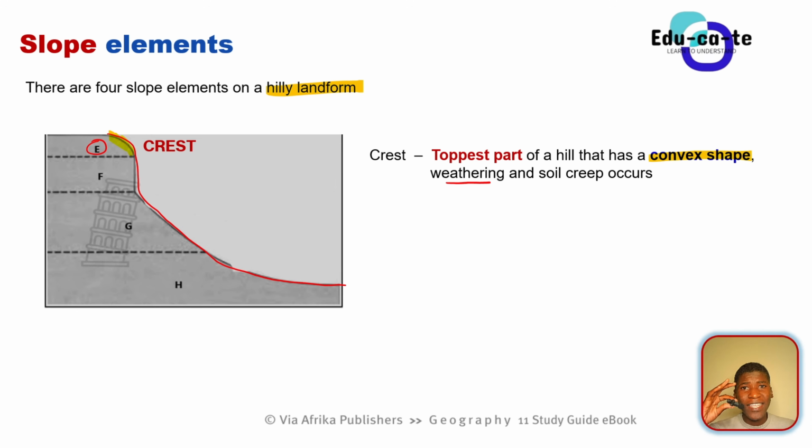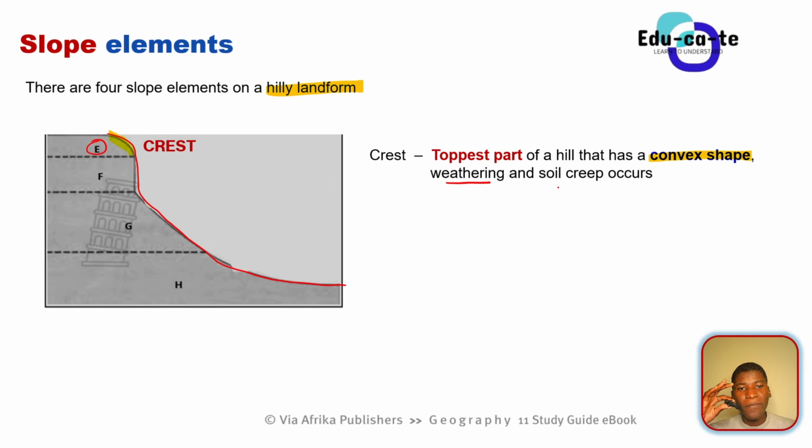Remember, with weathering, we have the breaking down of rocks. So basically the rocks are being broken down into smaller stones, in a sense. That's the simplest way of putting it. So the rocks are being made into smaller chunks of stones. At the crest, that is the main event occurring. That is the main geomorphological process, because whenever they ask this question, name the main geomorphological process, they are referring to weathering.